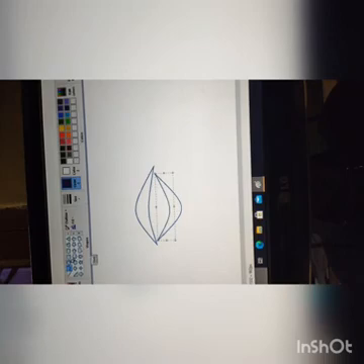Now for eyes, from shapes, I will select this oval tool and I am copying it by pressing Ctrl C and Ctrl V, and I am bringing it here. And for the nose, again curve tool I am taking, 2 times I am clicking. With the fill tool, I can fill it with a color.